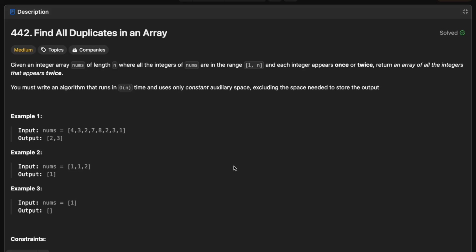In this video, we'll discuss how to find all duplicates in an array. First, let's understand the question. Given an integer array nums of length n, where all the integers of nums are in the range 1 to n, and each integer appears once or twice. Return an array of all the integers that appear twice. You must write an algorithm that runs in O(n) time and uses only constant auxiliary space, excluding the space needed